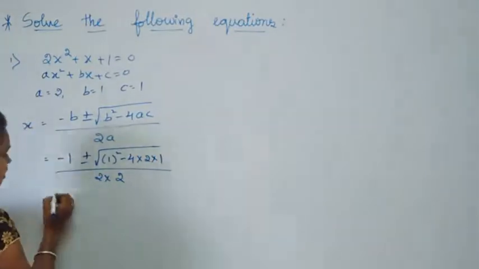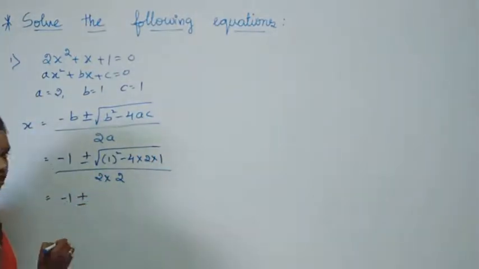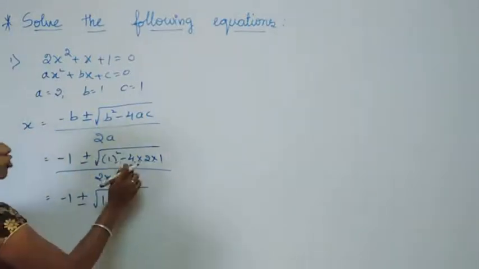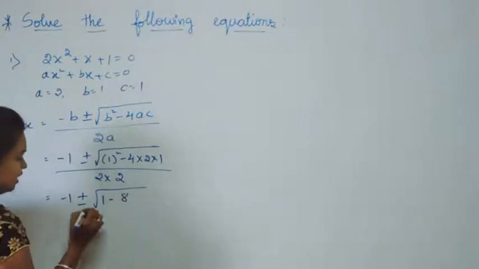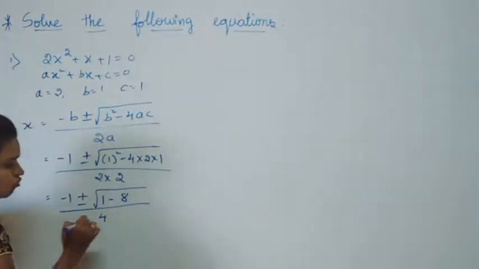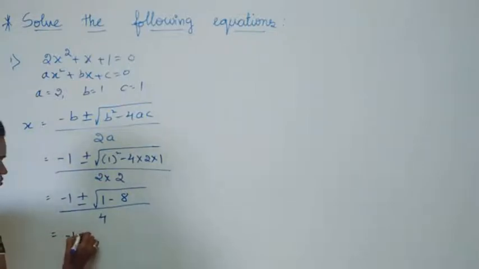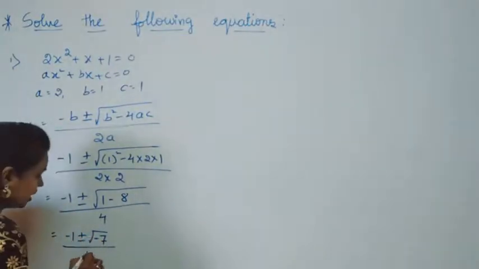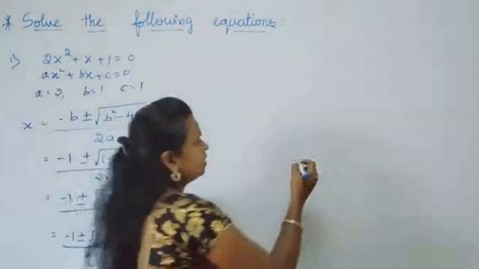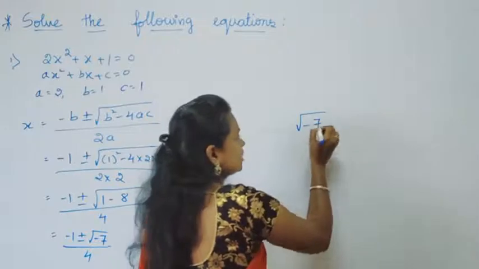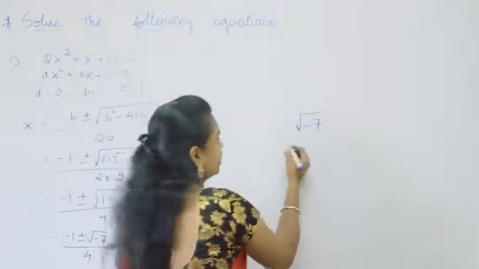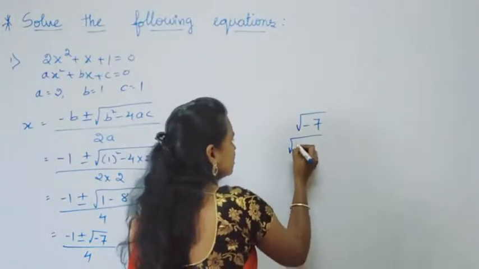Now simplify this one. That is equal to minus 1 plus or minus square root of 1 square is 1 minus 4 2s are 8, 8 1s are 8, divided by 2 2s are 4. That is equal to minus 1 plus or minus square root of 1 minus 8 is equal to what? Minus 7, right? Divided by 4. So remember that if we have square root of minus 7, then you write like this. This can be written like this. It becomes minus 1